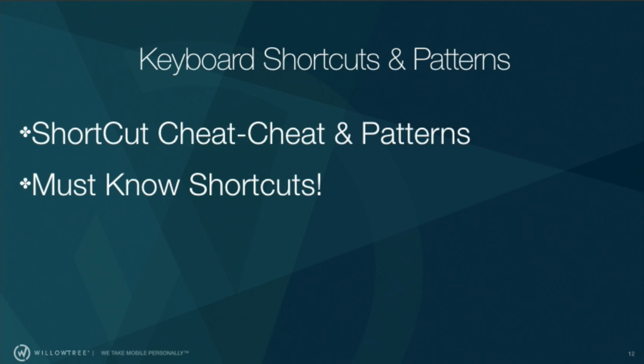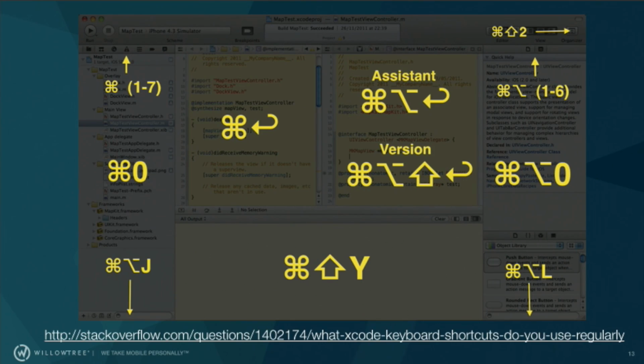So I kind of wanted to break it down into patterns that you can easily find shortcuts. And what you'll notice is that Xcode kind of breaks it down a little bit for us, with how we talked about the different menus. Over here, in the navigator on this side of Xcode, you can pretty much get to everything with Command. Command 0 hides and shows the navigator, and then 1 through 8 will cycle through.